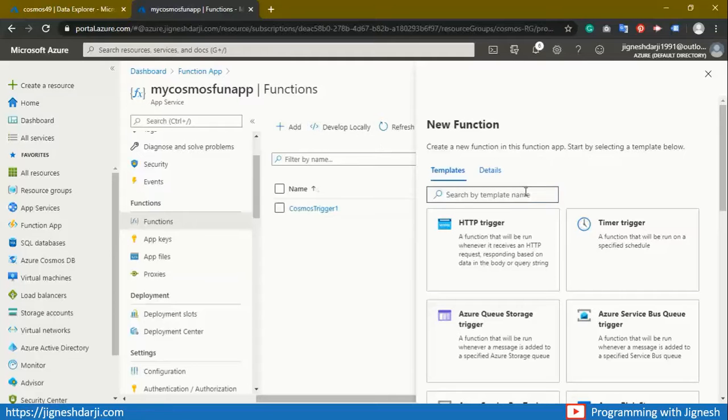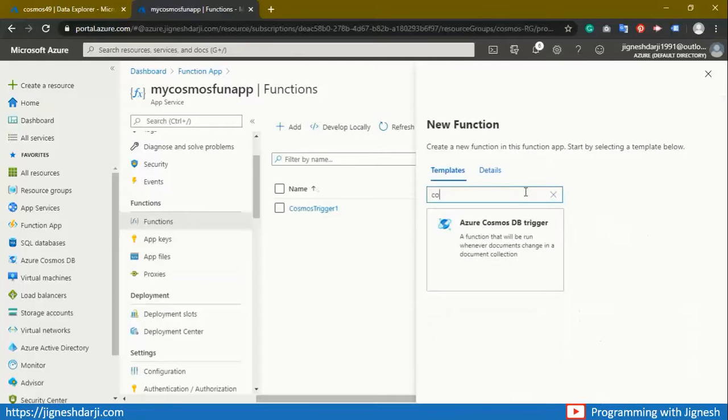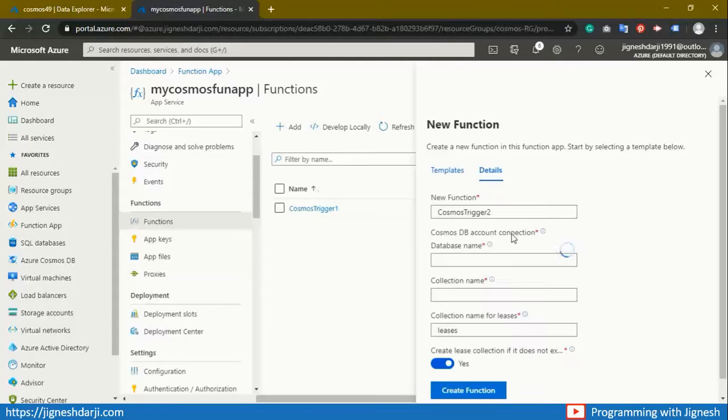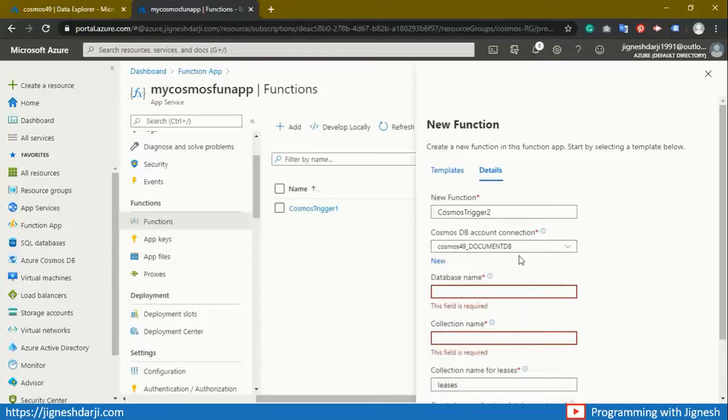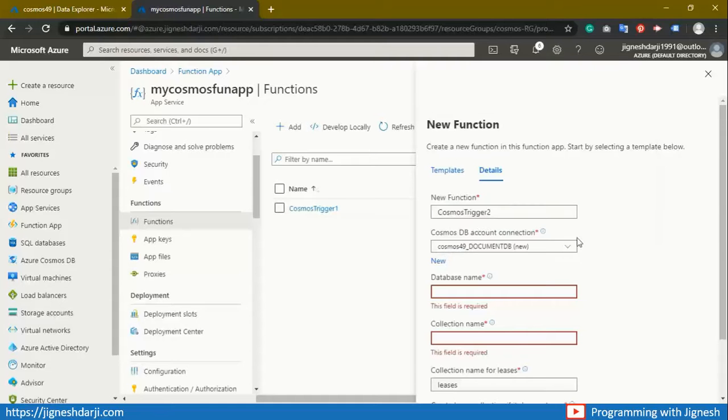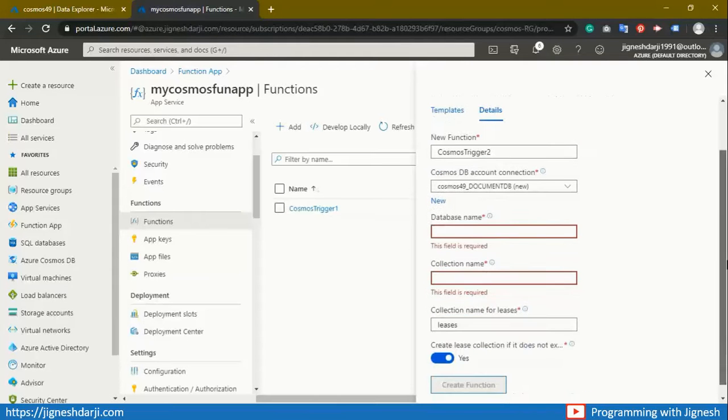You have to specify the Cosmos DB trigger. This is the template where some code is built in for that function. We have to select the Cosmos DB account connection, and I choose the Cosmos 49, which is my Cosmos DB account.